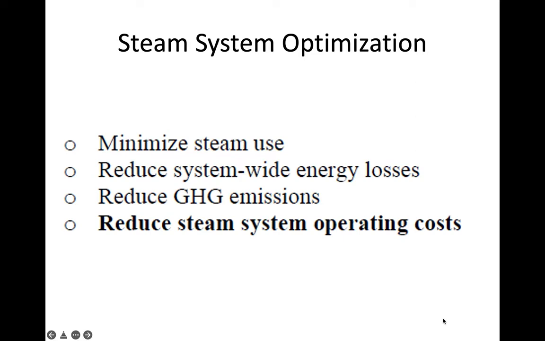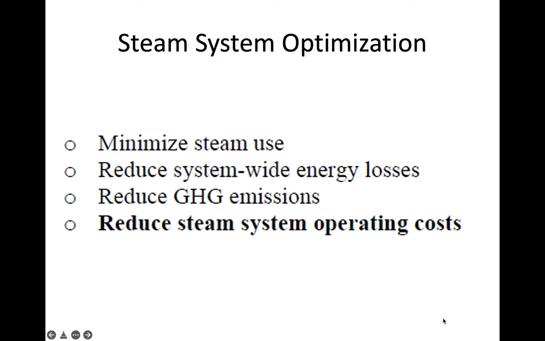You have to note that the objective of steam system optimization is, first, to minimize the steam use, of course. This is the main goal of steam system optimization: minimize steam use. Because with the minimum steam use, we can reduce the energy consumption. The second one is to reduce system-wide energy losses. As a consequence of minimized steam use, we can reduce energy loss,